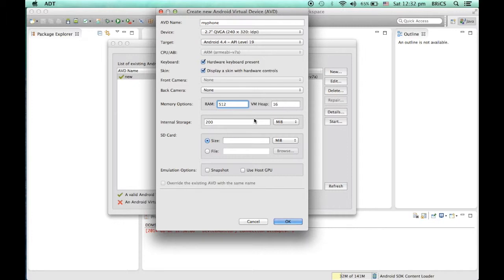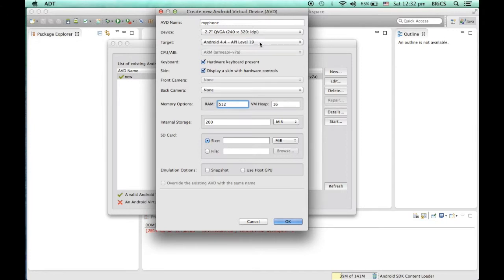It may take longer than 20-30 minutes. So it is better to use the smallest device for testing purposes, and if you have an Android phone, final testing you can do on a real phone. So just select this.